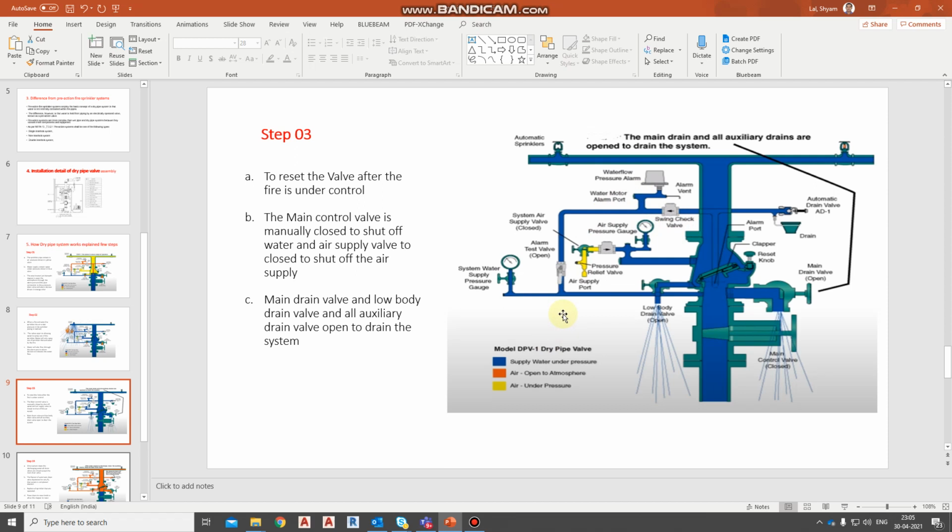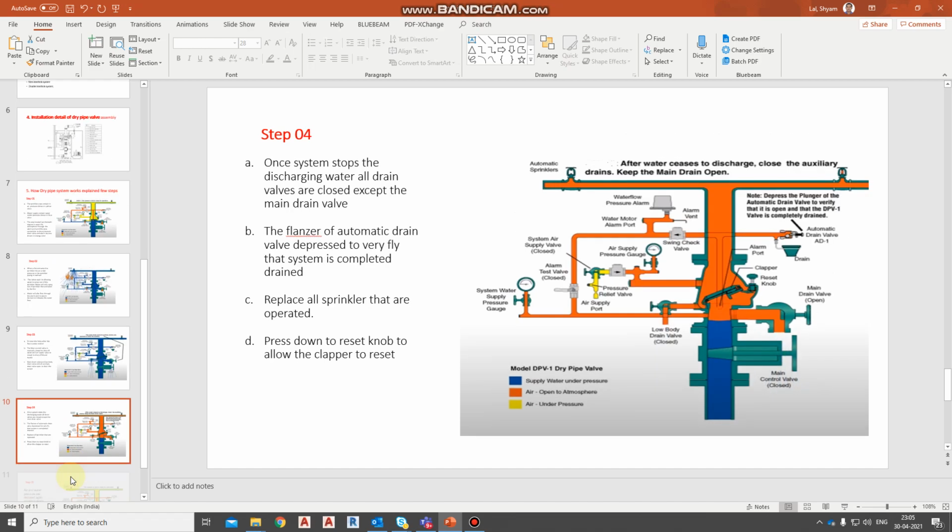The main drain valve, body drain valve and all auxiliary drain valves are opened to drain the system. You can see these drains in this picture. These drains are opened to drain the system, and this main valve is manually closed.